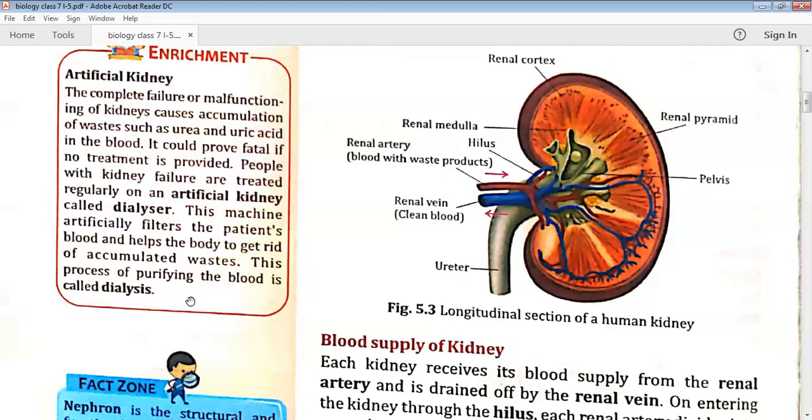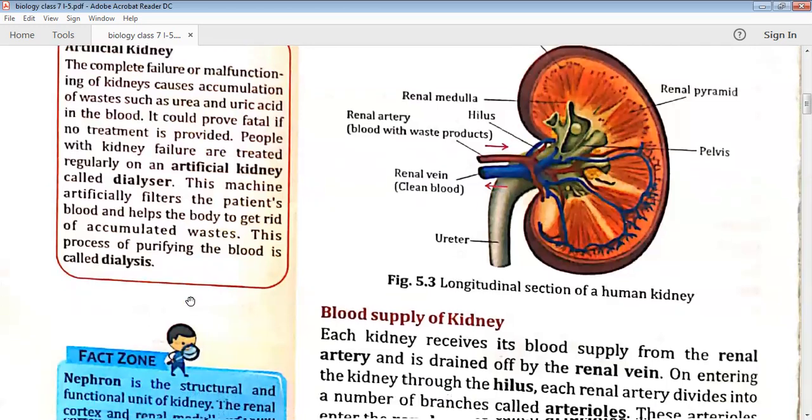So dialysis is done in that situation where the kidney has stopped functioning. When the kidney is not functioning, the blood, which is filled with urea and uric acid, will flow throughout the body, and it can be a poison for the body. So a person cannot survive in such a situation. So his blood is purified artificially with the help of a machine called a dialyzer, and the process is known as dialysis, and this whole thing is called an artificial kidney.